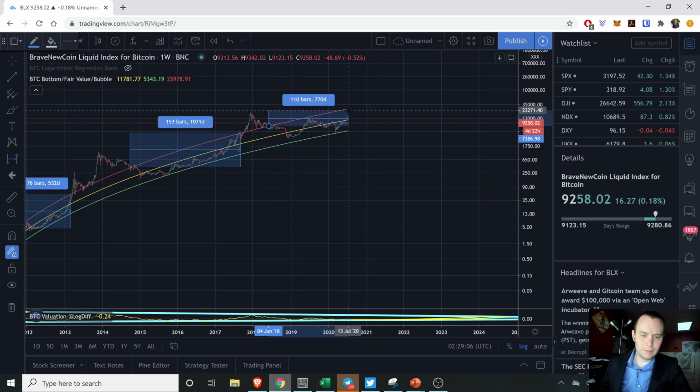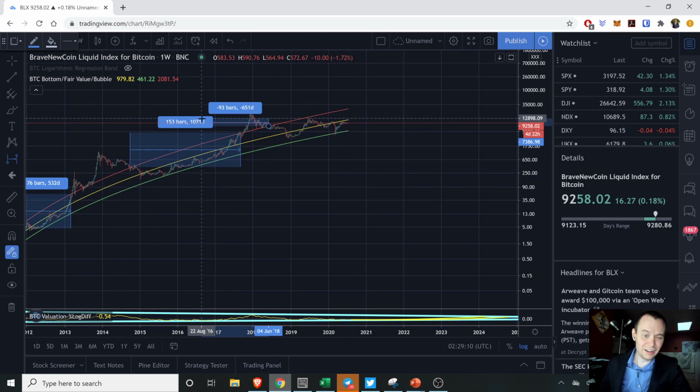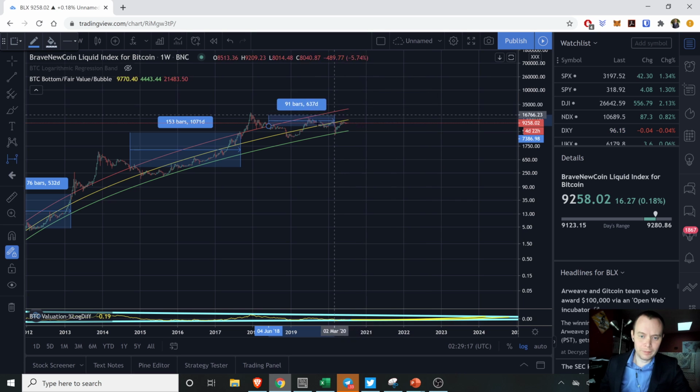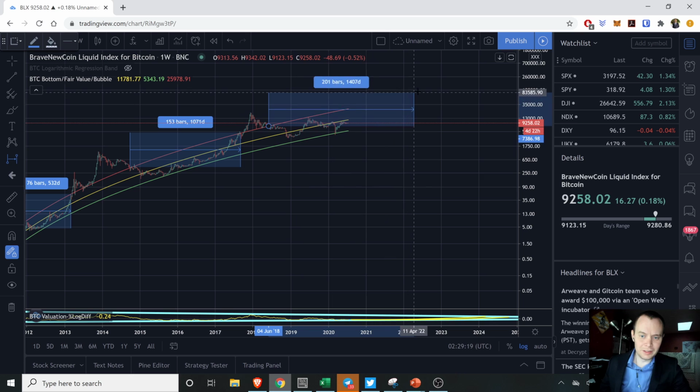We're already at 763 days. Let's assume that this is a linear scale. I obviously have no idea if it will be, but let's just say it takes around 1,500 days to break through it. If you continue extending this red line, it's going to continue to go up, obviously, because it does monotonically increase. So let's just say it's somewhere in that area.